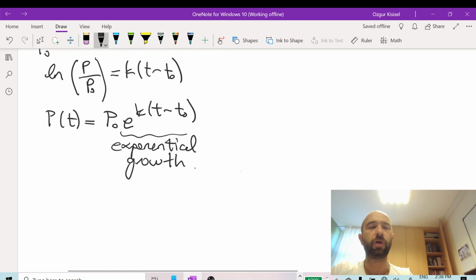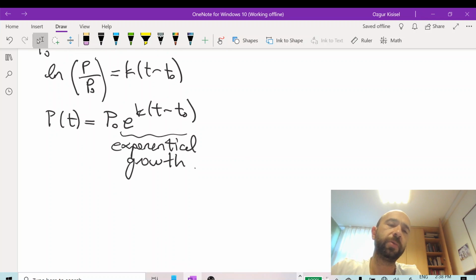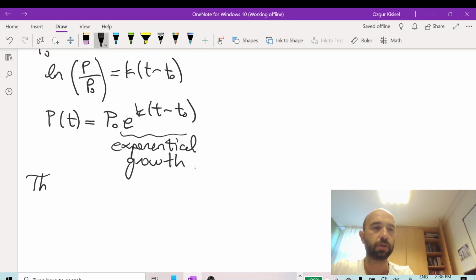So if this model would be valid for all times, then this population would grow indefinitely and very fast because exponentials grow very fast. Of course, this will not be a realistic model in the long time range, right? So this model cannot be realistic